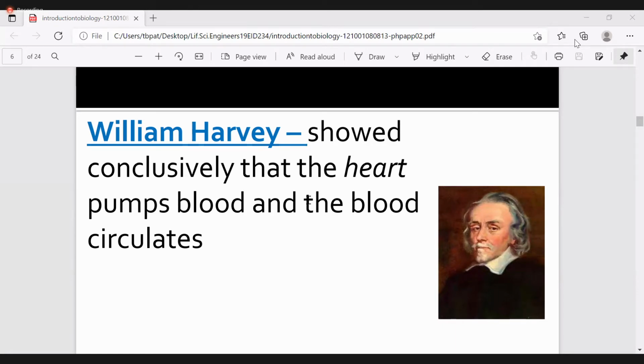Once it's mixed with oxygen and once it's mixed with carbon dioxide, both the carbon dioxide-mixed blood and the oxygen-mixed blood are carried by arteries and veins. This is blood circulation, the pumping of blood